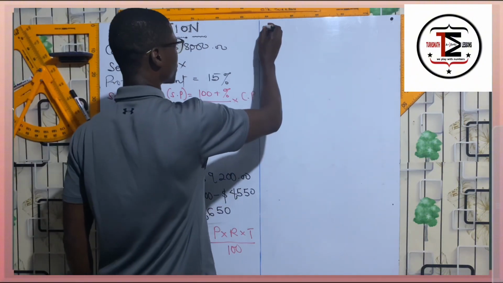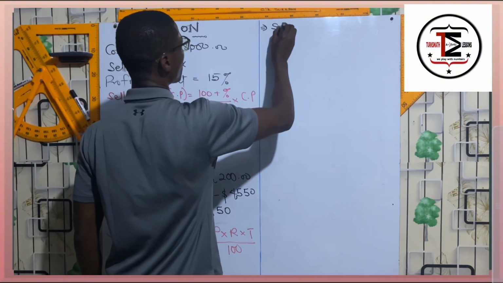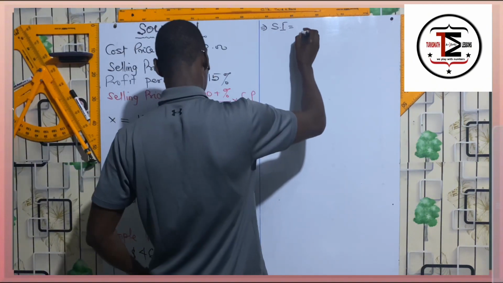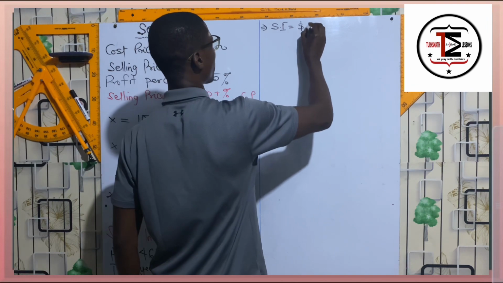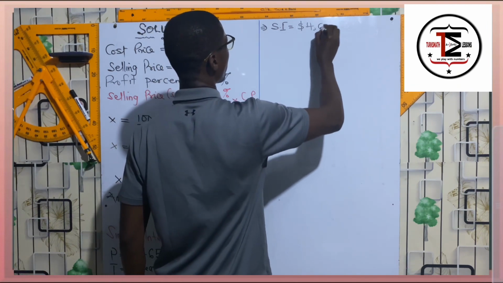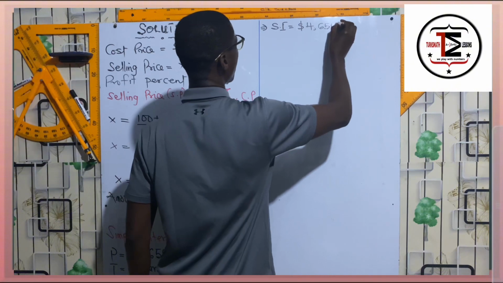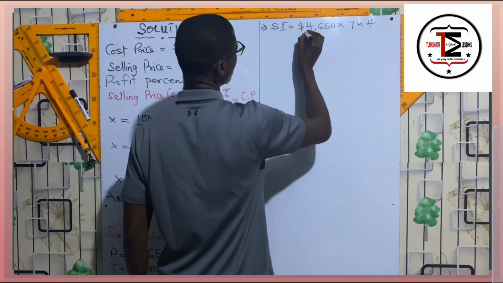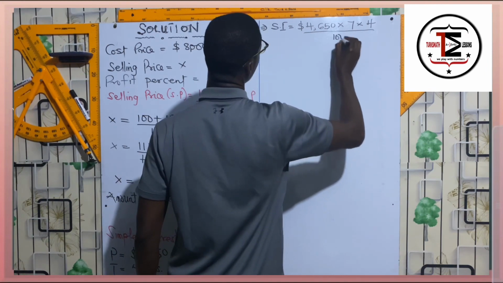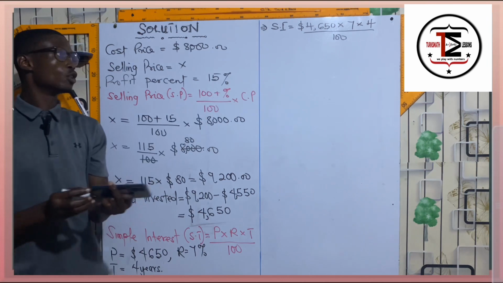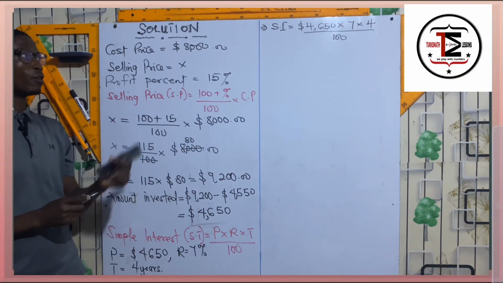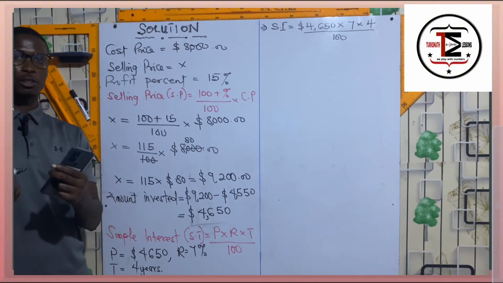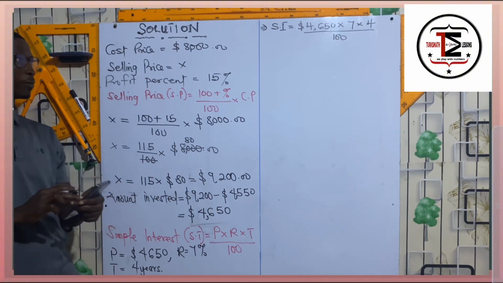So we are going to have a simple interest here. We have P, which is good. So this is what we have in there. So now we are going to continue. So let's multiply 4,650 times 7 times 4. Okay, and what are we having? Using your calculator, you are going to have